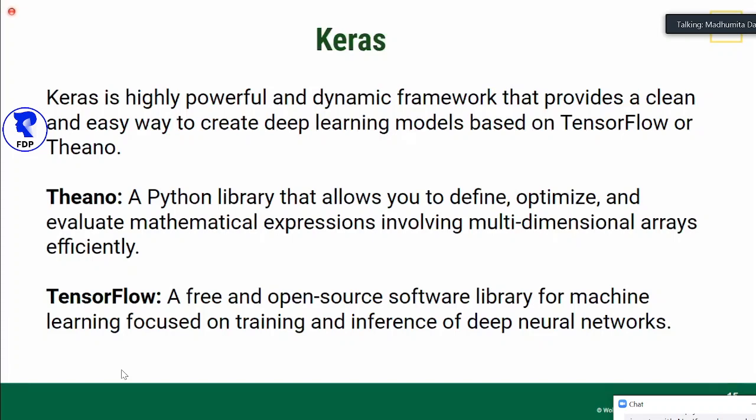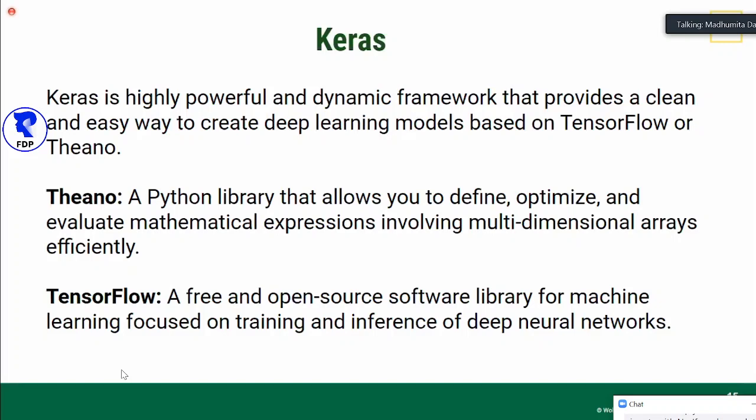Theano is a Python library which is used to evaluate any kind of mathematical calculation that involves multidimensional arrays or matrices. And as you know, a computer sees an image as an array or a matrix. So Keras is based on Theano, and the other is TensorFlow.